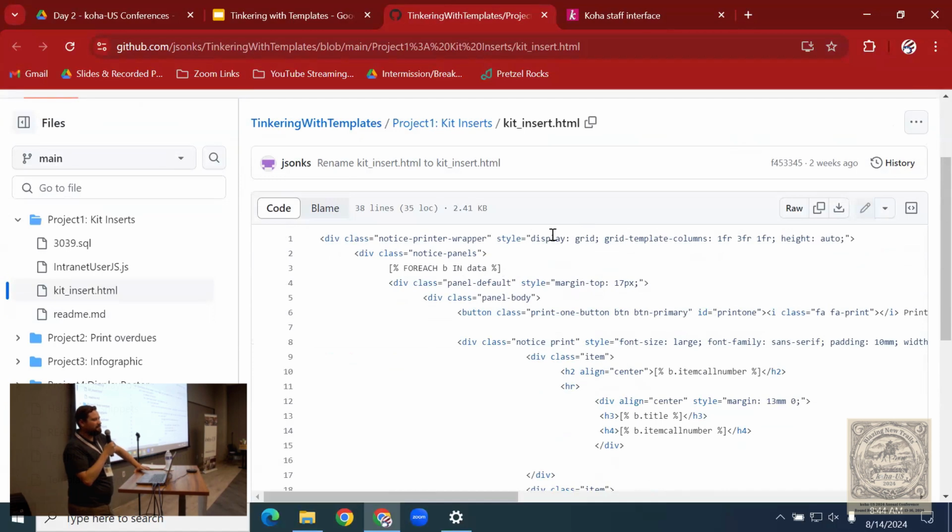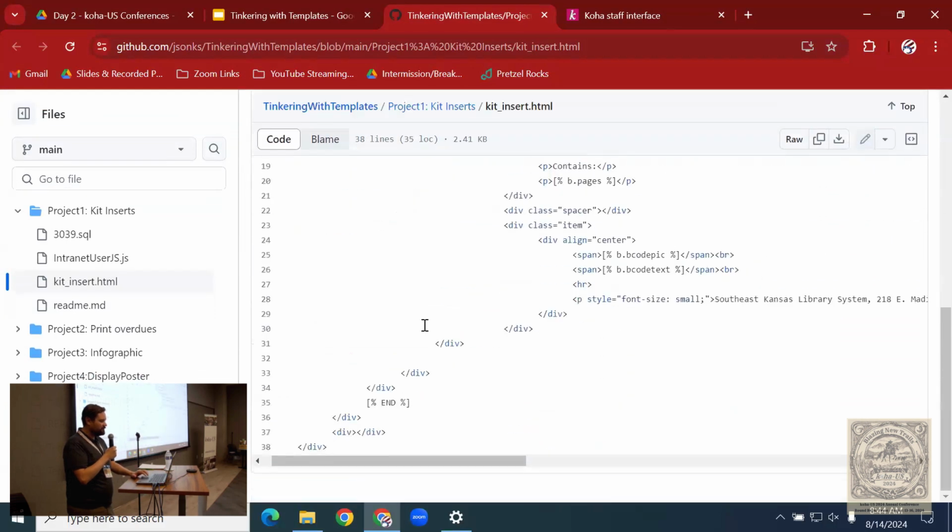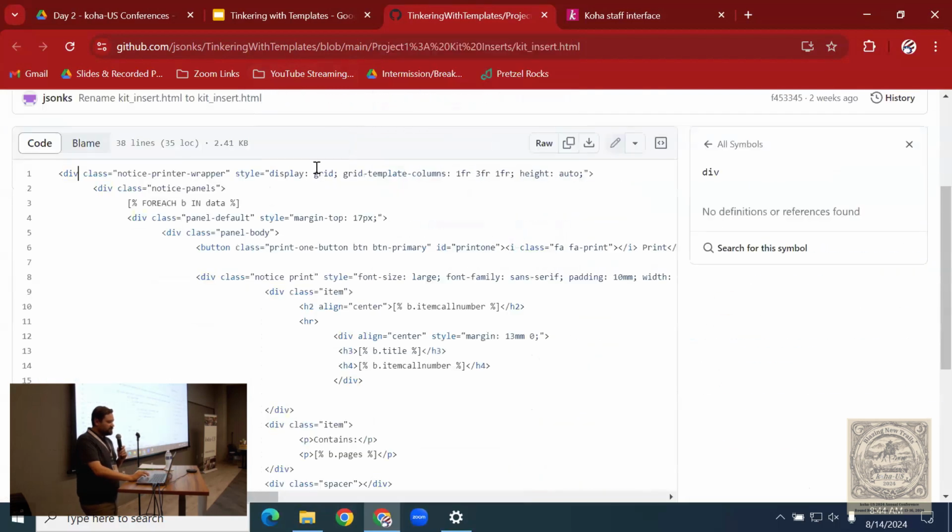There's a new format section. It might also work. But typically what I do is I'll put the HTML at the top with the template toolkit, and then I'll just do a style tag at the bottom. And I can show you that when we walk through an example. Go back to this one. So I've got